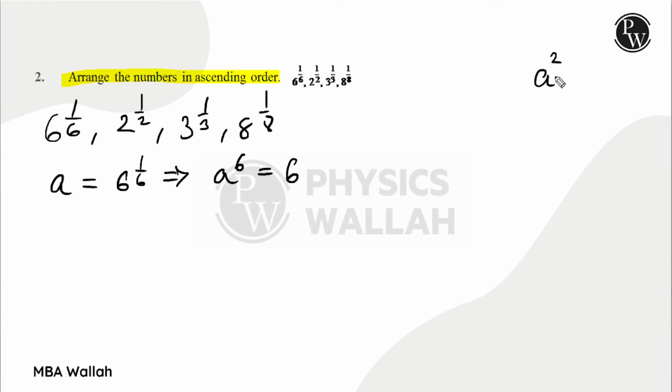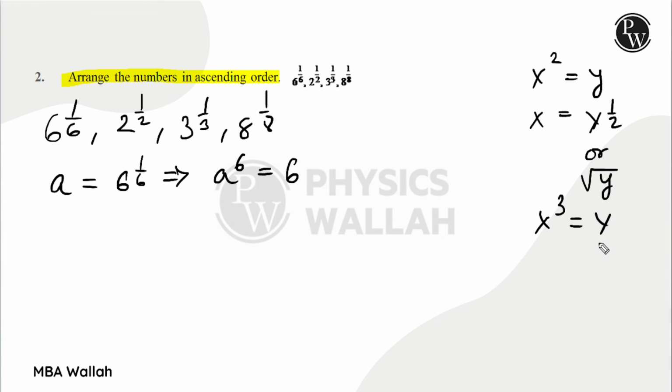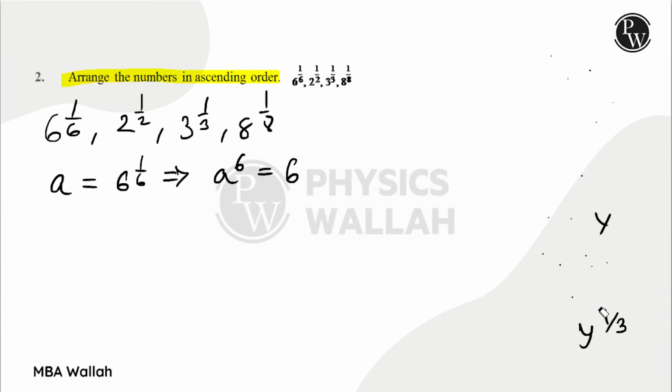सपोज अ नंबर, let me use a different variable, x square is equal to y. तो हम कहते हैं अगर हम स्क्वायर को ट्रांसपोज करते हैं इक्वल टू को उस साइड पे, तो हम कह सकते हैं y raised to half और रूट ऑफ y, बोथ आर द सेम थिंग. ओके, अगर x क्यूब इज इक्वल टू y और हम क्यूब को ट्रांसपोज करते हैं RHS में, तो we would have typically written cube root of y और y raised to the power 1/3. तो बस इसी आइडिया को हम लोग यूज करेंगे और कोशिश करेंगे कि इनको कंपेयर करने के लिए सेम वेरिएबल्स पे लेके आए. ओके, सो पहला हम देख लिया है कि the value for a is very easily calculated.